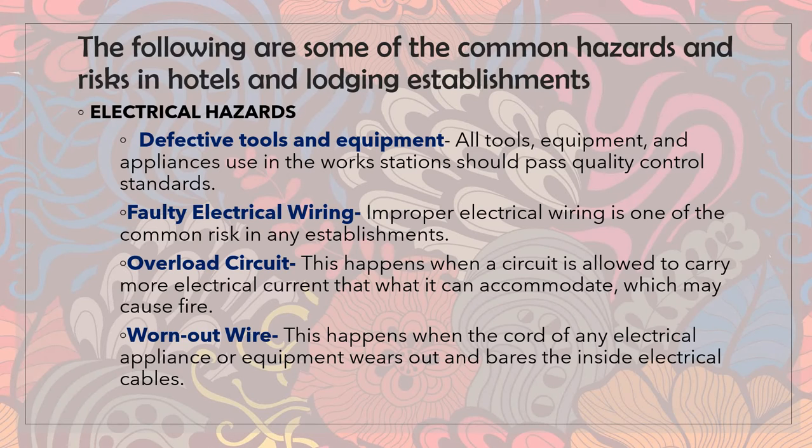The first one is the electrical hazards. Business buildings have a lot of installed electrical and electronic wirings. They are highly needed to provide quality service to guests. Tools and equipment such as computer set, telephone, and fax machine are for office use, and refrigerator, freezer, coffee maker, blender, and oven are for kitchen use. The hotel staff should use this equipment with utmost care and caution to avoid the danger of electrocution. An electrical hazard may come from